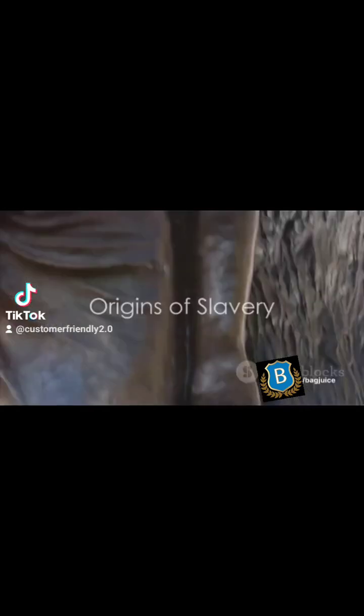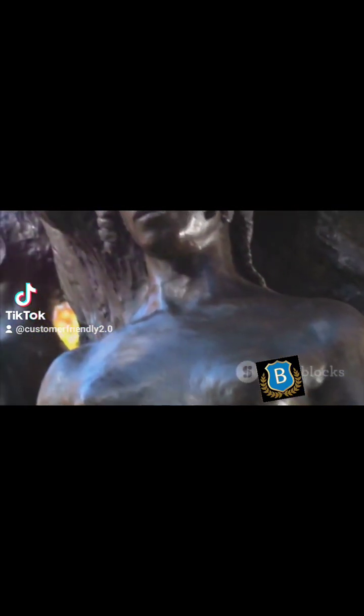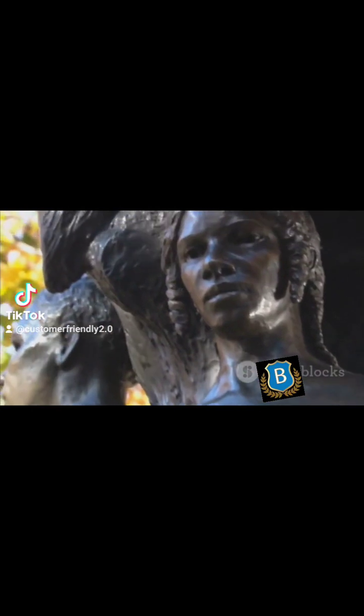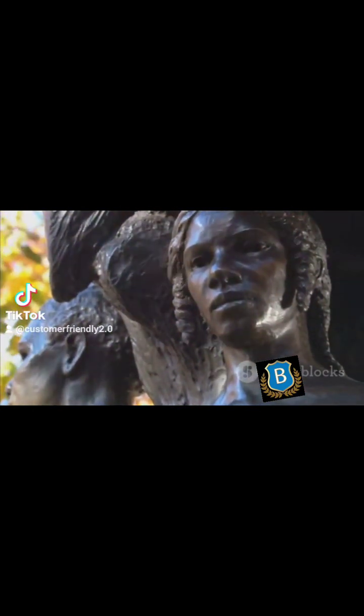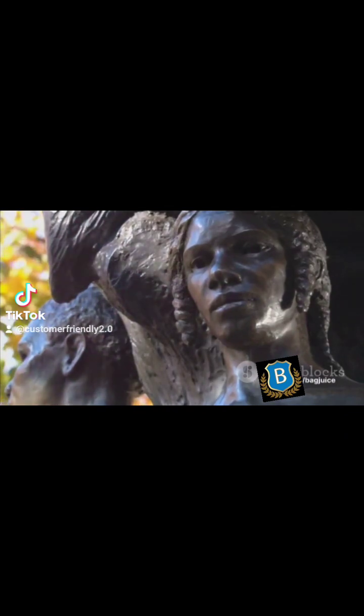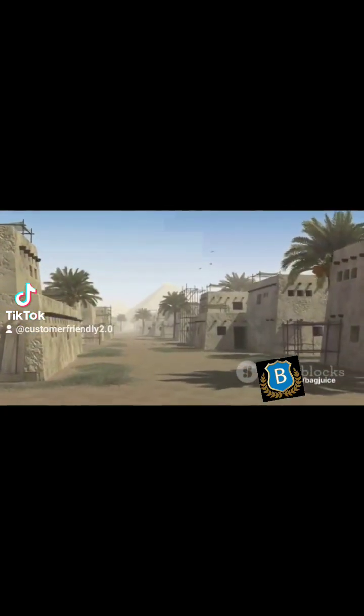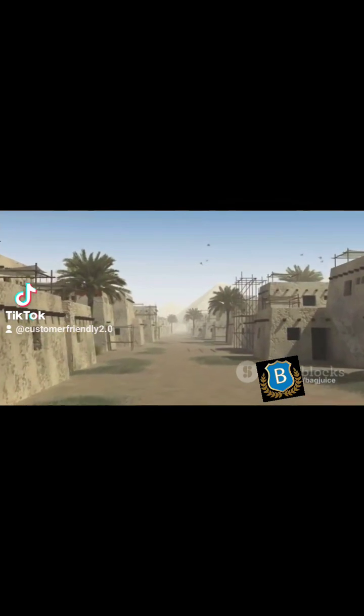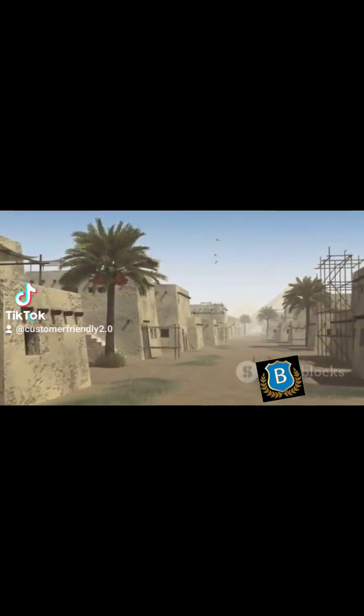Have you ever stopped to ponder the origins of slavery? It's a harrowing subject, but one that's crucial to understanding the world as we know it. Slavery, in its many forms, has been a sad reality throughout human history, and unfortunately, it still persists today in various forms. The earliest known slave societies emerged in the Mesopotamian and Sumerian civilizations in the Iran and Iraq region